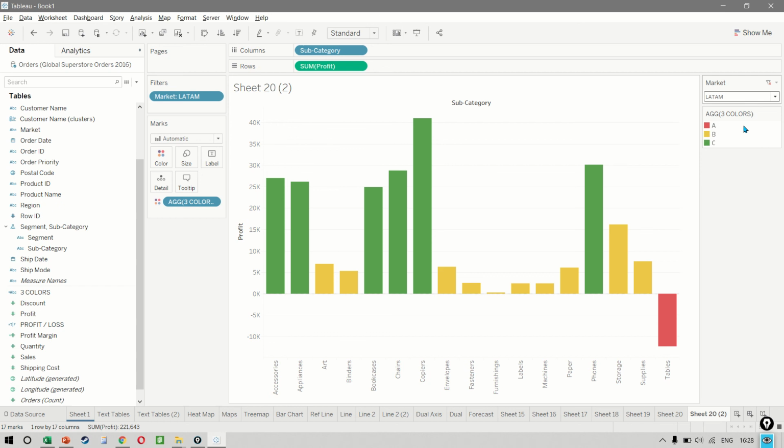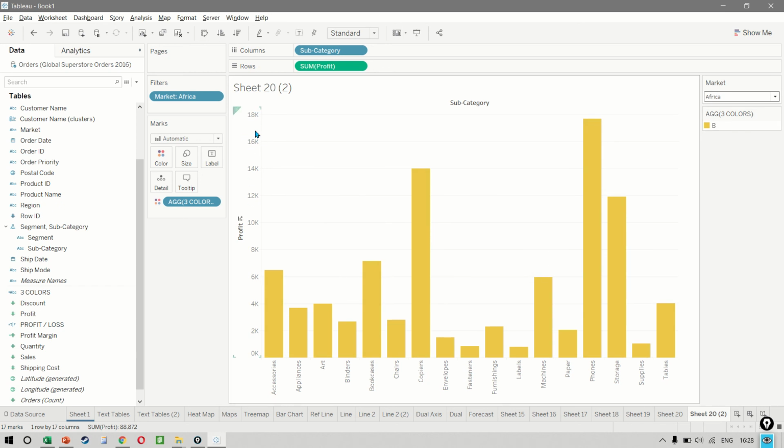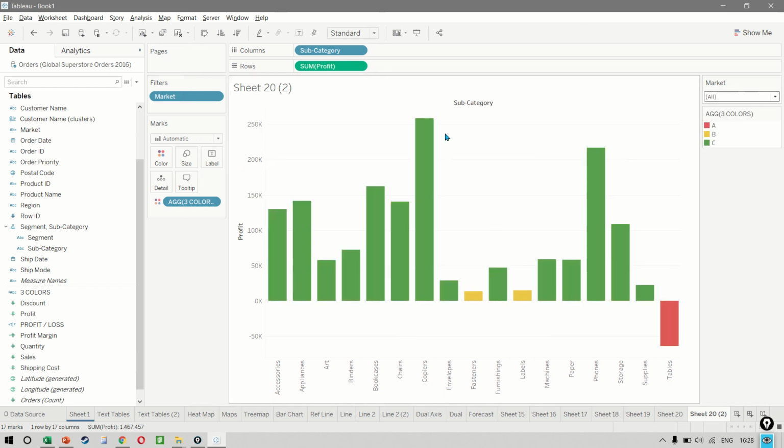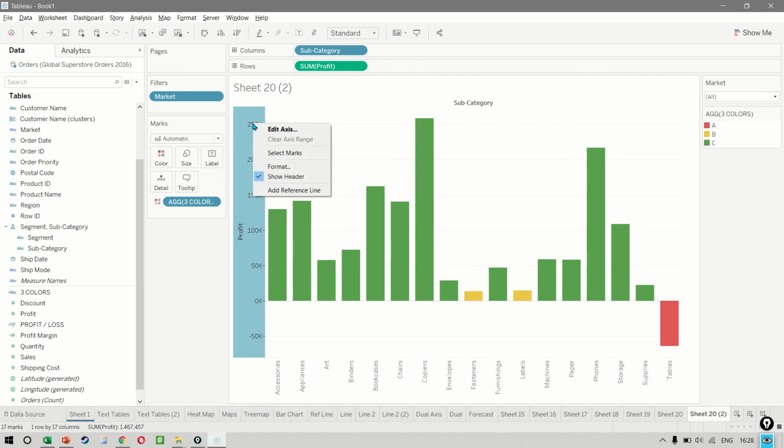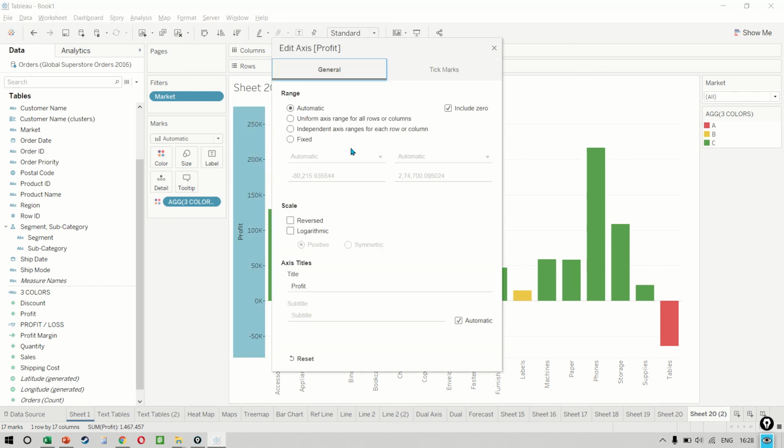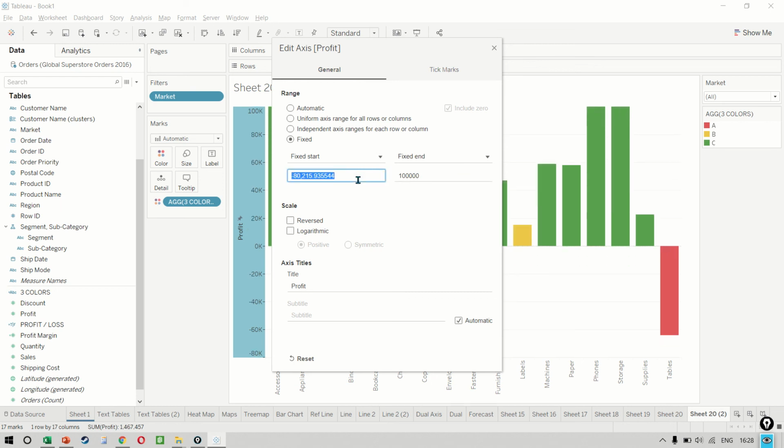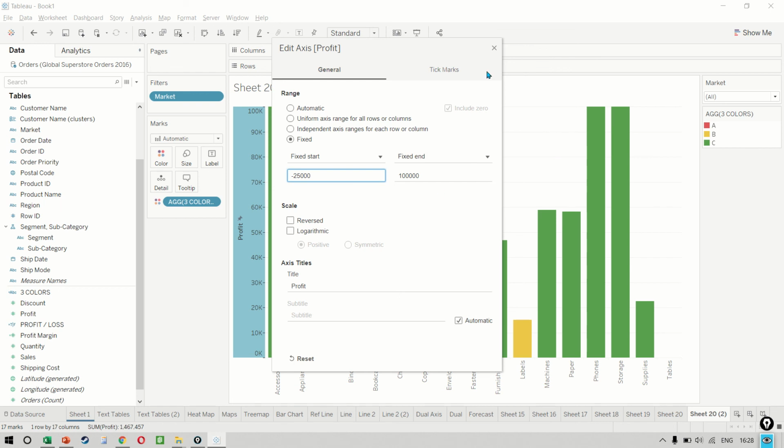Now, one problem here is that every time the axis is also changing. So perhaps what you might want to do is to just right click, click on edit axis, and then set the axis to fixed so that the maximum value that you're showing here is, let's say, 100,000, and the minimum value is, let's say, 25,000.